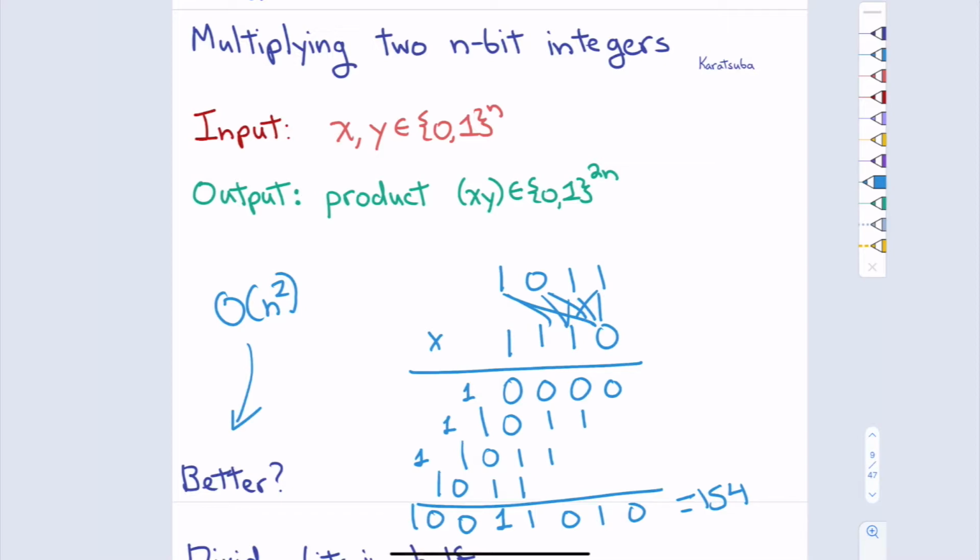But then someone very young, probably a graduate student, came along and showed how to do it in n log n time in 1960. So that person's last name is Karatsuba,